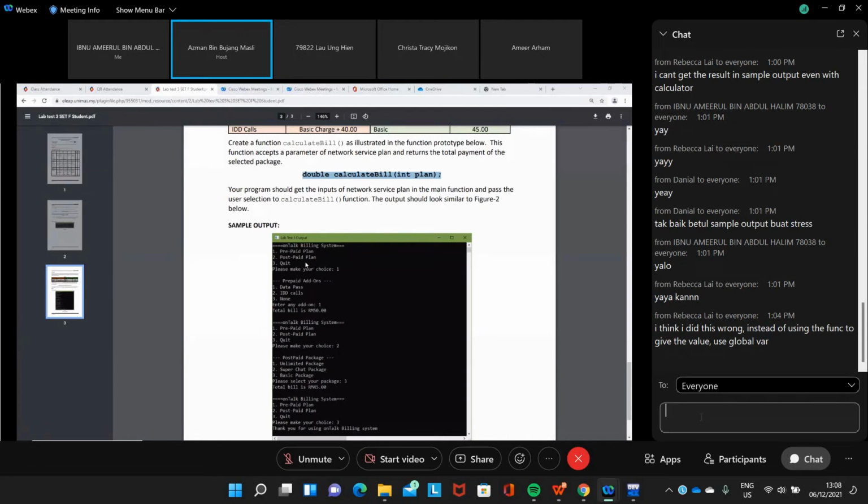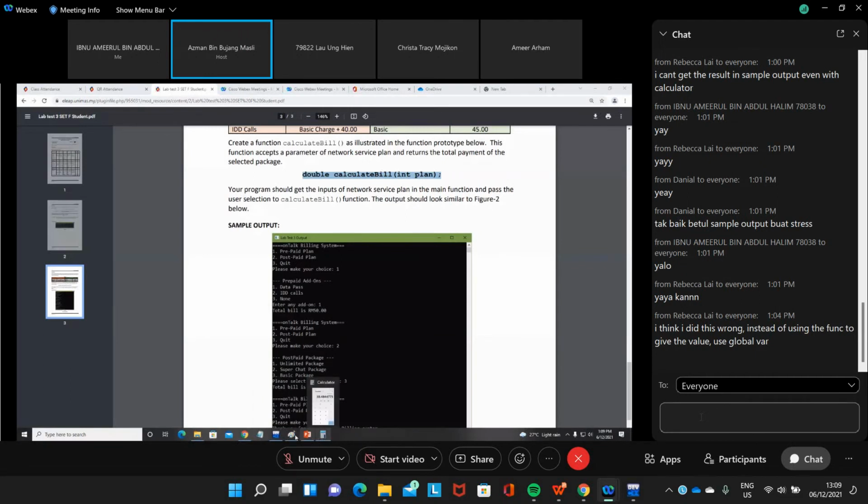So this menu will be repeated and then call the function. Enter any add-on, make a choice, repeat add-on, data pass. That one actually comes from the function. Enter any, total bill is 50. And then the billing system.